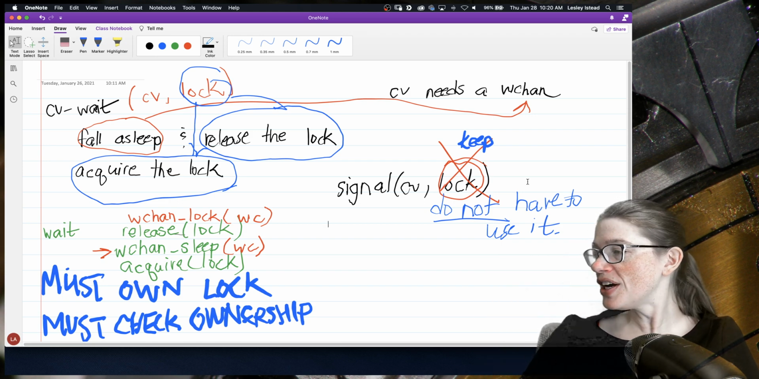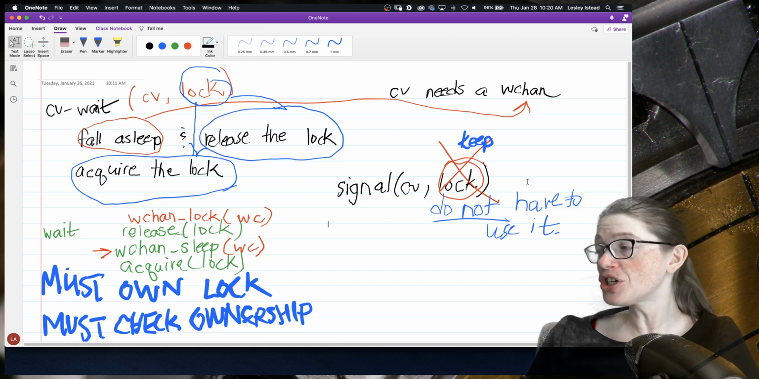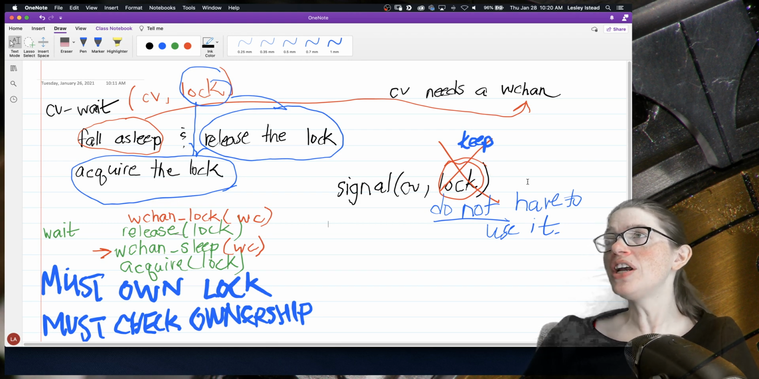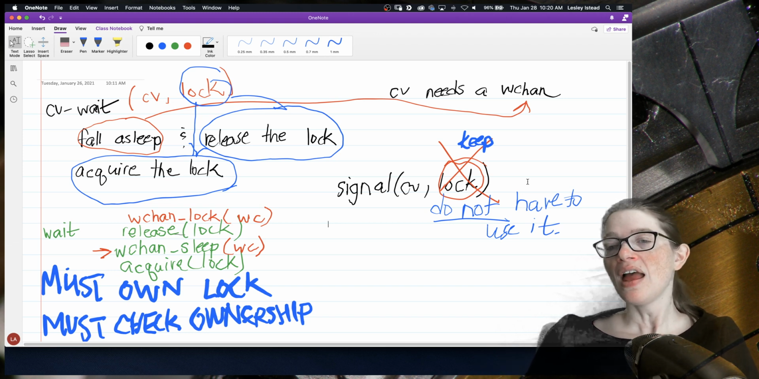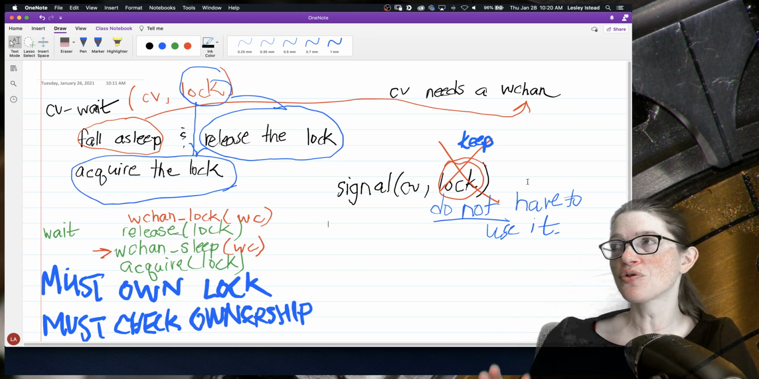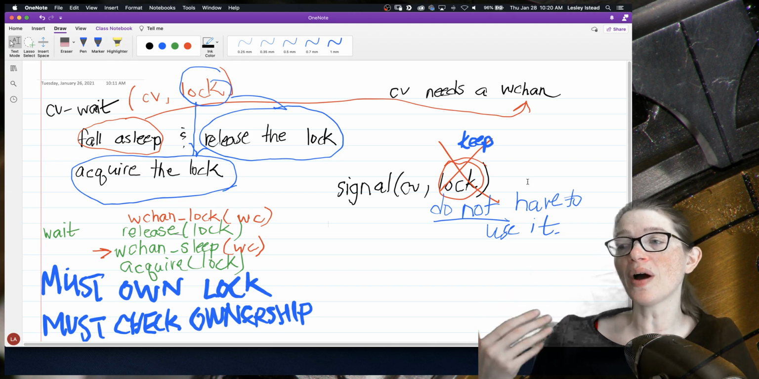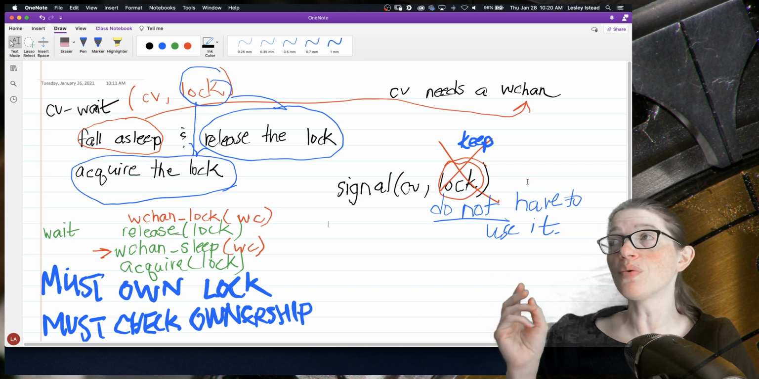All right, question on Twitch. How can we know which thread the current code is executing on to check ownership? You know which thread is running because it's you. And if you want to compare to see if the owner of the lock is you, there is the lock do I hold function, which you will be implementing. And the lock keeps track of ownership by keeping a pointer to the thread structure. And lock do I hold will compare that pointer to check if it's equal to the current running thread